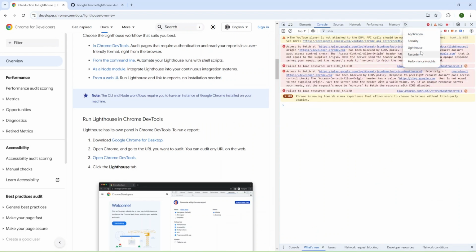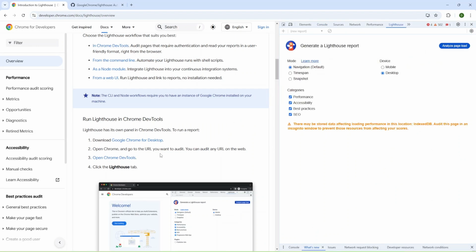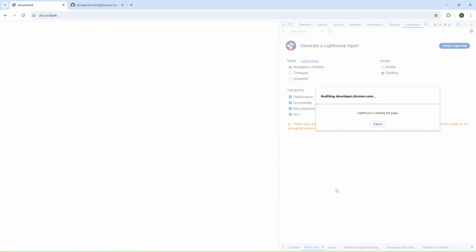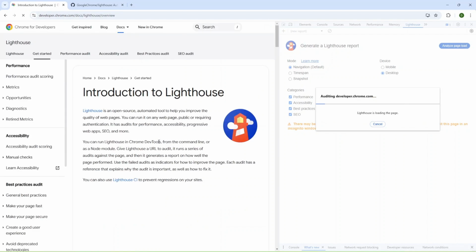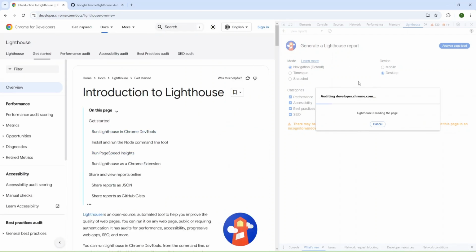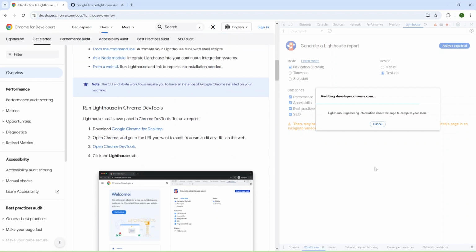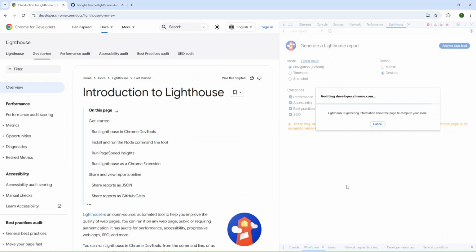I have Lighthouse and now I can analyze page load for desktop and as you can see, we have auditing in progress and then we can check the scores. I'm not interested in this Chrome developer website.